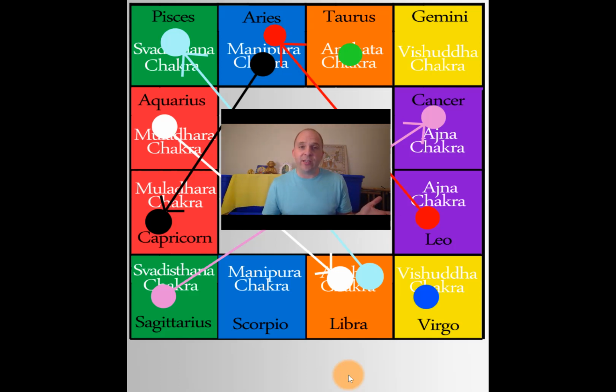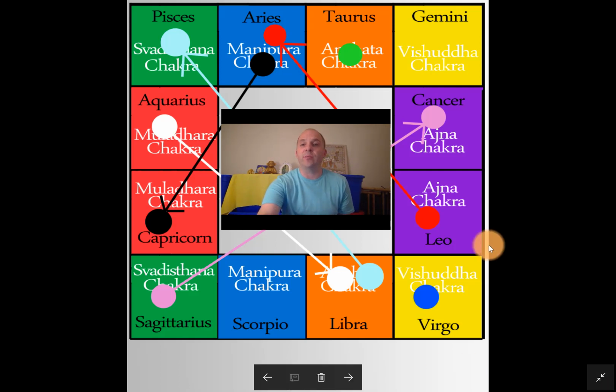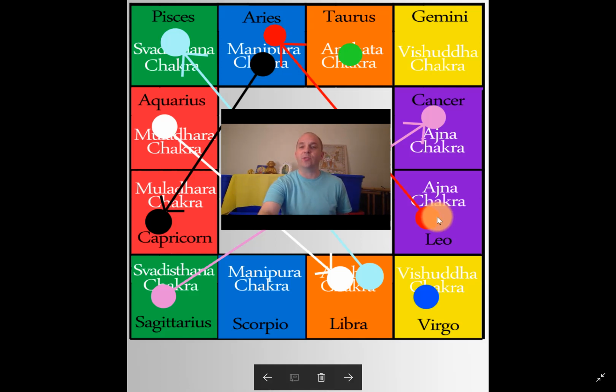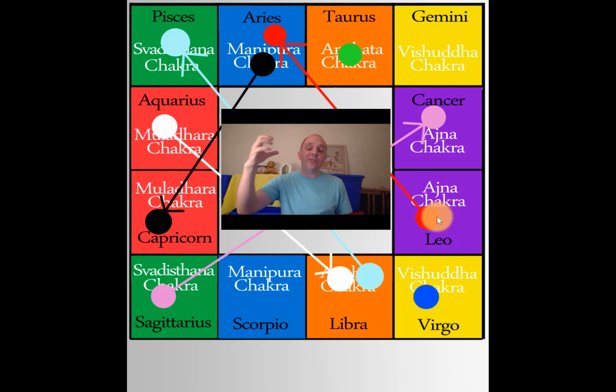So anyway, let's get right into this. Let's start with the sun, because the sun is the first planet. The sun's moolatrikona is in Leo. So Leo is the Agnya chakra, right? That's the masculine half of the Agnya chakra, which is about acting upon and managing the kingdom of our lives, of what we feel inherently by our nature that we want to do. So just wanting to manage that and take activity in that.